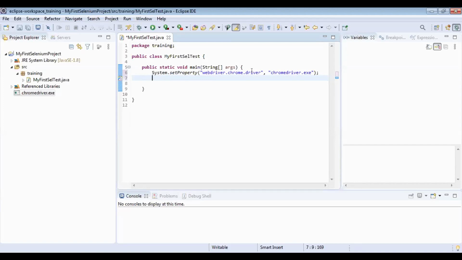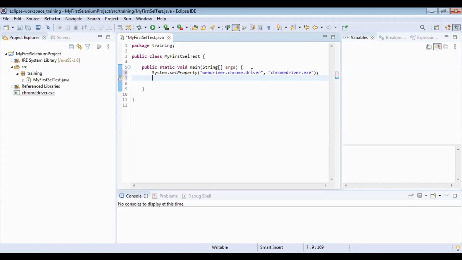Okay, so basically the first action, you will launch the browser on which you want to test, right? Correct. So now here also the first thing, we need to launch the browser.